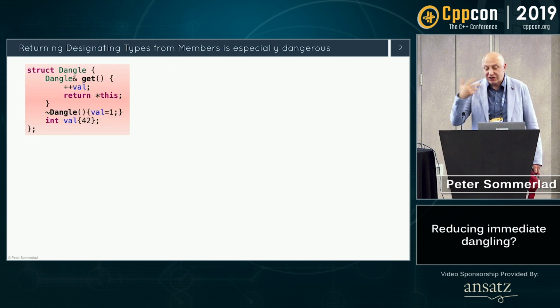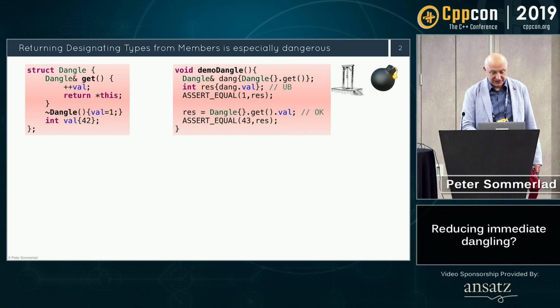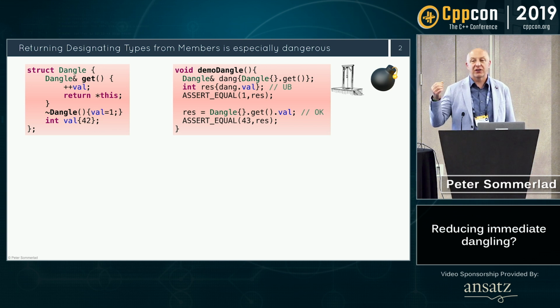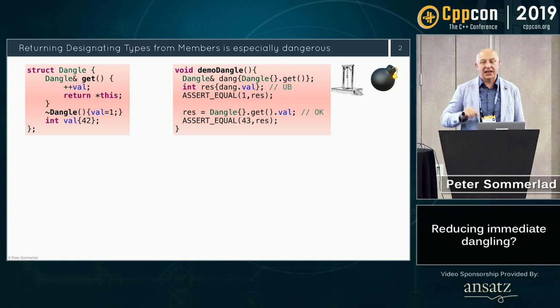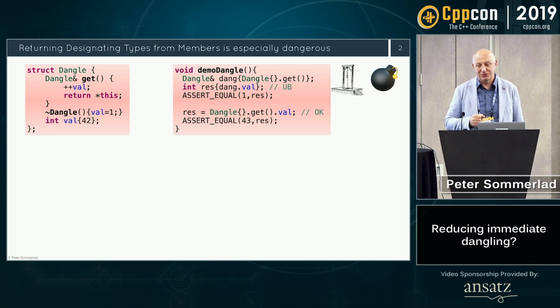For example, writing classes deliberately to dangle is not that hard. Just consider we have that get member function. Remember, get always says here be dragons, because you break encapsulation a lot of times. To figure out if we actually dangle, I made a side effect destructor to see what happens. The problem is people find it attractive to use auto-ref to bind to temporaries and keep them alive during your scope. That's something you should actually no longer do, because it's very easy to shoot yourself in the foot, because you immediately dangle, like this piece of code is doing.